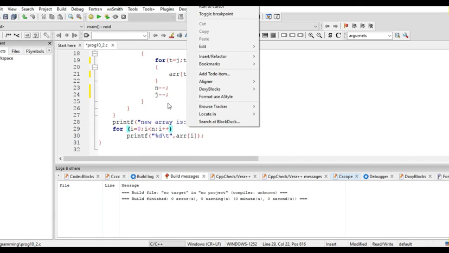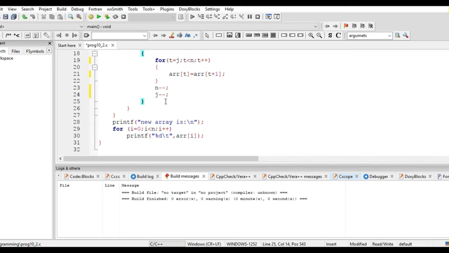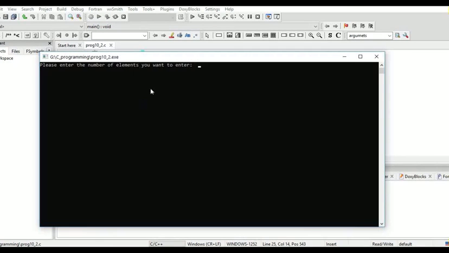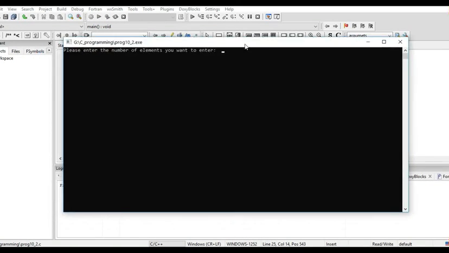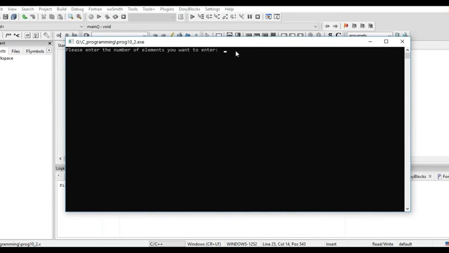Now we will run our program. Let's say I want to enter 7 elements.